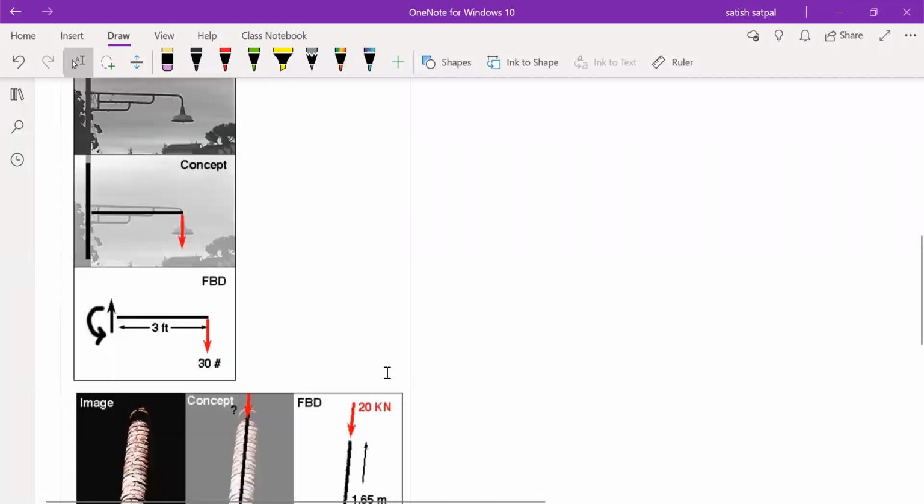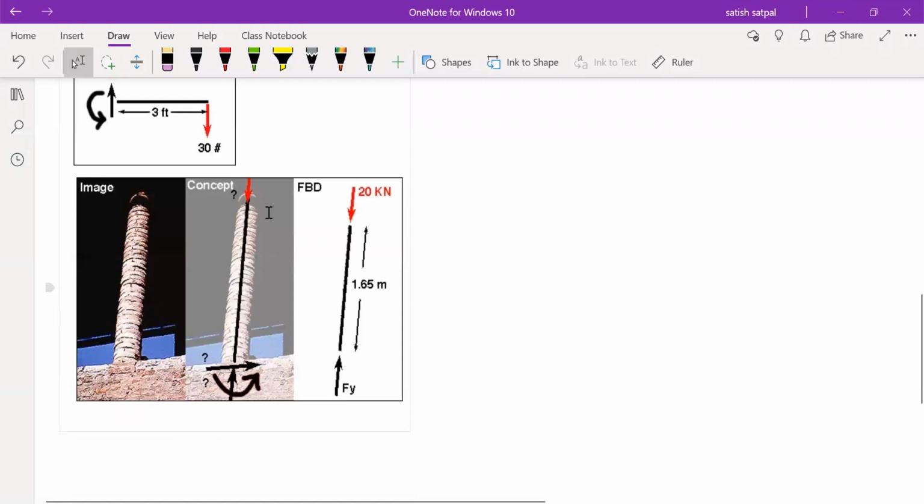Okay. Now let's see another example. Suppose any tall structure is there. That can be any monument, a statue, a vertical long statue, or a tower. So this is the image, and if we want to do analysis on this structure, we have to convert this image into a technical problem, a mathematical problem, correct? So first we have to think of that.